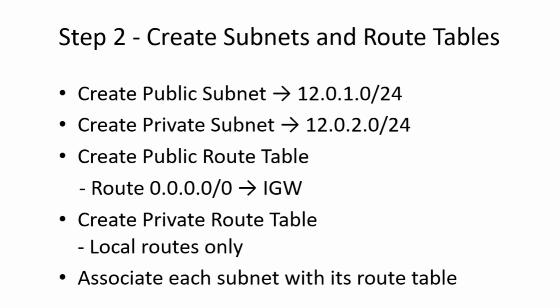This is step 2 of our workflow, creating subnets and route tables. First, create a public subnet with CIDR 12.0.1.0/24 and a private subnet with CIDR 12.0.2.0/24. Next, create a public route table and add a route for